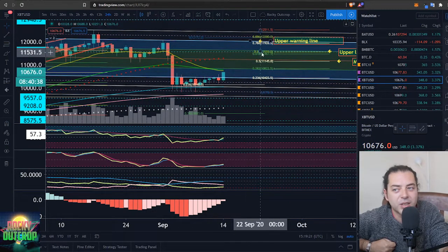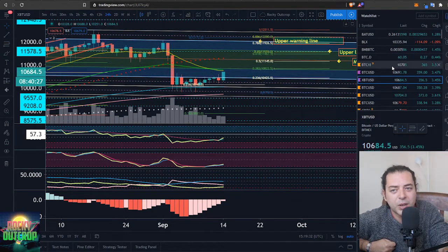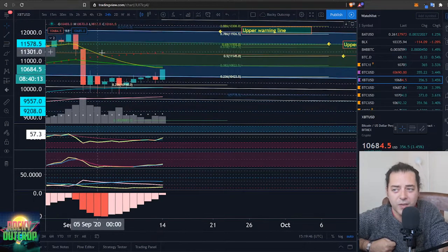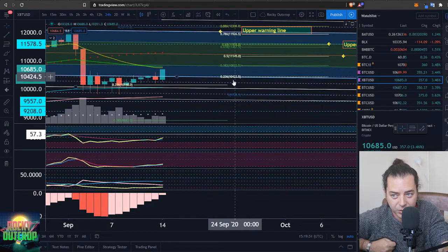Should we actually manage to push on past the 21 moving average and the 55 exponential moving average, these two exponential moving averages, which have crossed towards the downside, which is obviously quite negative. We'll cover this in more detail when we go over to the CME charts, where they're not looking quite the same. But what we have at the minute is that the slope on the 21 EMA has flattened out quite a bit. If we were to come up and push past this, then this cross would undo itself fairly quickly as we move past the lower line of the pitchfork, or indeed the 382, of that thing having already gone up past the